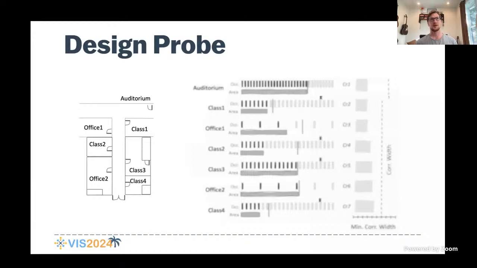So this basic concept is applied to this design probe, which we actually presented to the architects in the interviews. And this is a scenario where architects were asked to imagine themselves designing a school when considering fire safety codes. These codes regulate the minimum width of corridors along a path to an exit and are based on the expected amount of occupants that would be filing out of each room along a path.